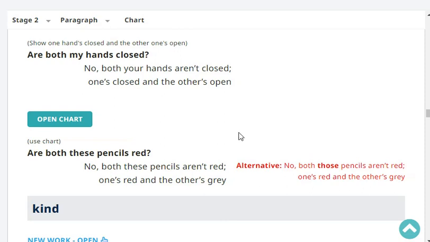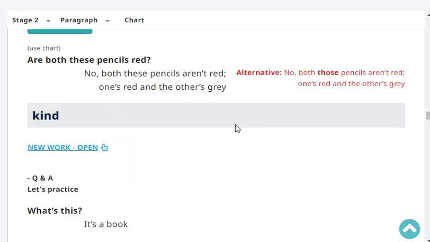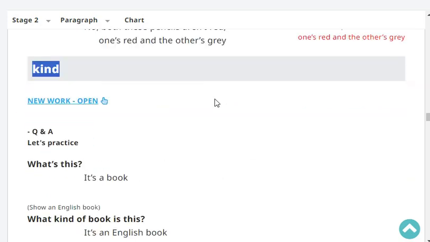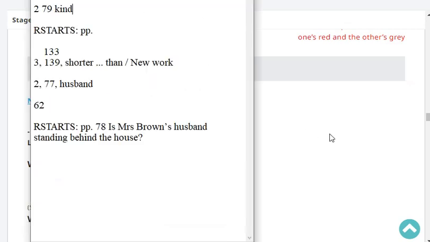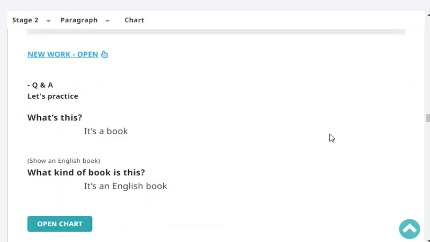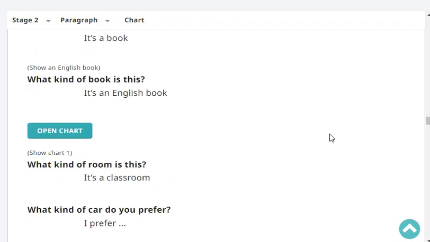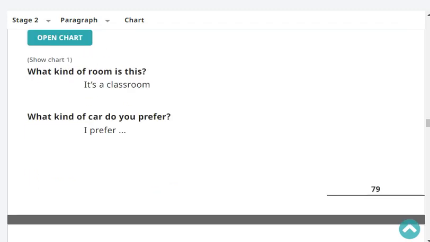Very good. Are both these pencils red? No, both these pencils aren't red. One's red and the other's gray. Kind. What kind of book is this? It's an English book. What kind of room is this? It's a classroom. What kind of car do you prefer? I prefer a sports car, a Suzuki car. Very